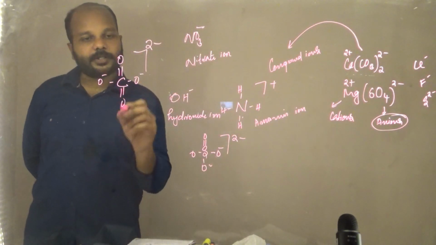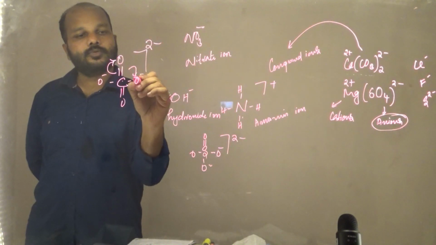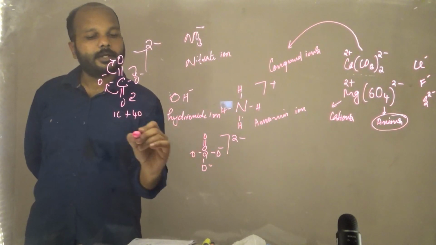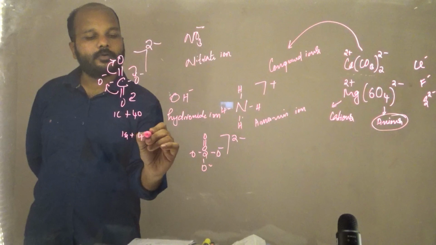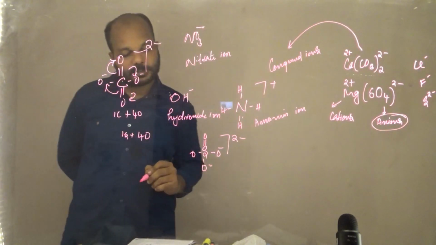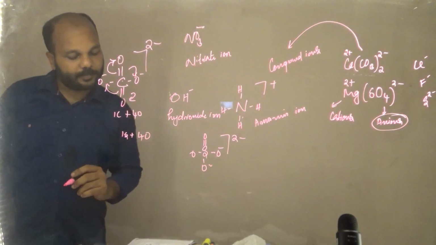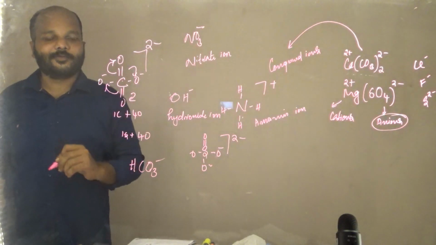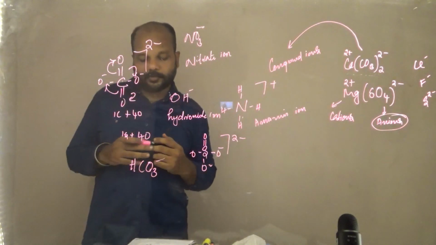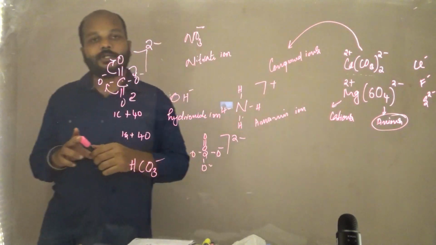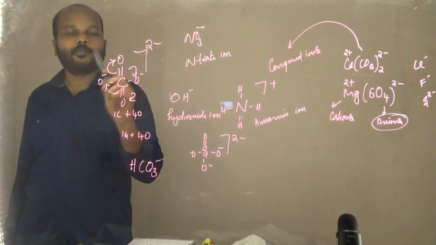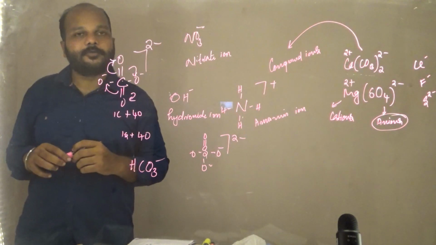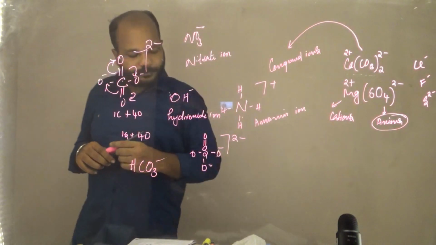There are many such ions. One carbon is bonded to 3 oxygens in carbonate, and one sulfur is bonded to 4 oxygens in sulfate. Then there are also bicarbonate ions, HCO3-. This is the bicarbonate ion. These are ions that are bonded to more than one atom, so these are in fact compound ions. We can call them compound ions. And now